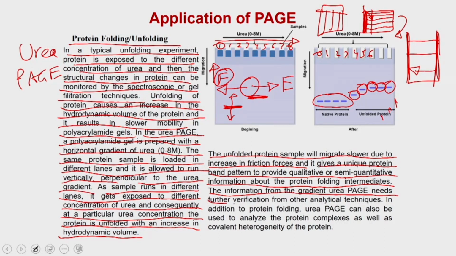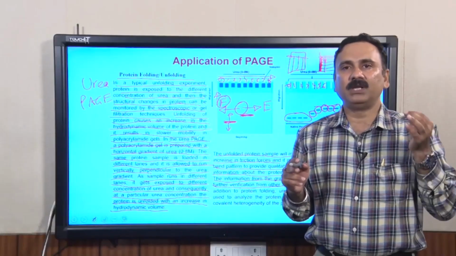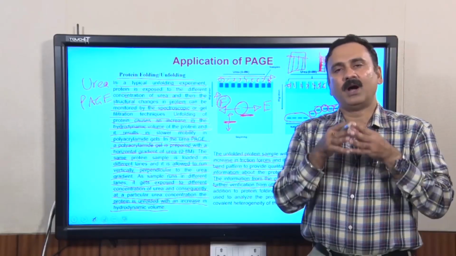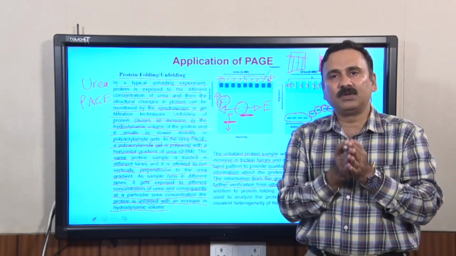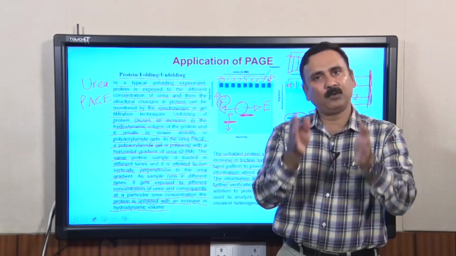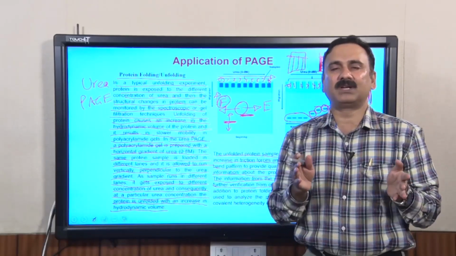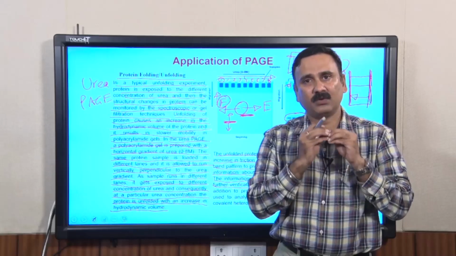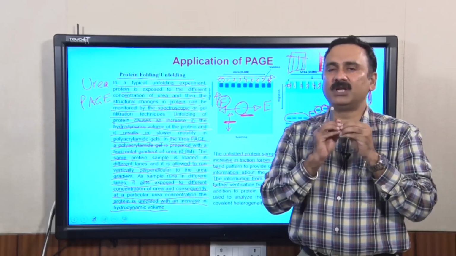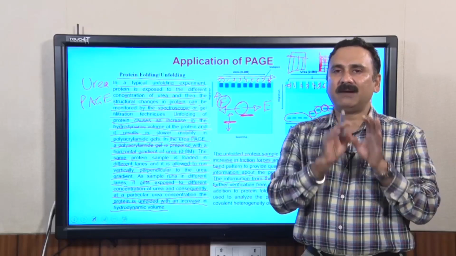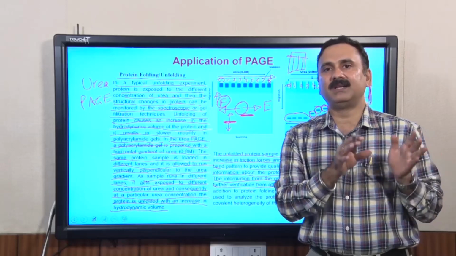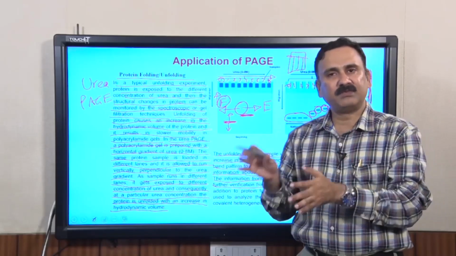The information from the gradient urea PAGE needs further verification from other analytical techniques. The information you get from urea PAGE is semi-qualitative or semi-quantitative, observational information, which means it tells you that up to 4 molar urea this protein structure is very stable, but at 5 molar or 6 molar the protein structure is disrupted. That information is good enough to establish a few more concluding experiments using other analytical techniques such as CD spectroscopy or fluorescence spectroscopy,